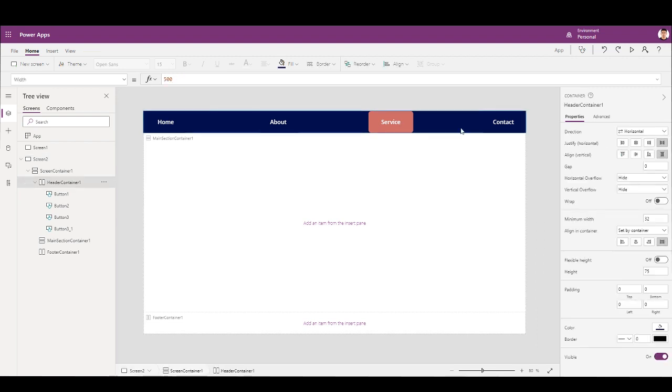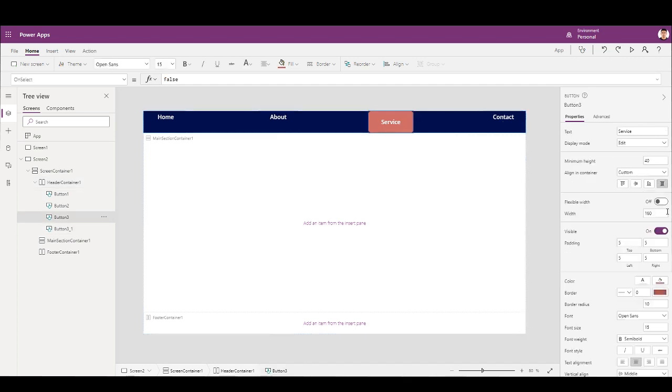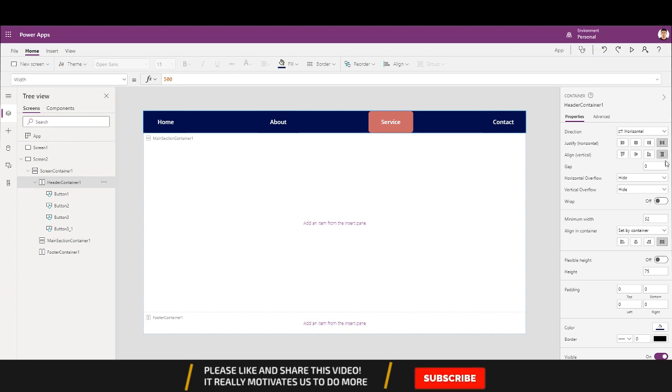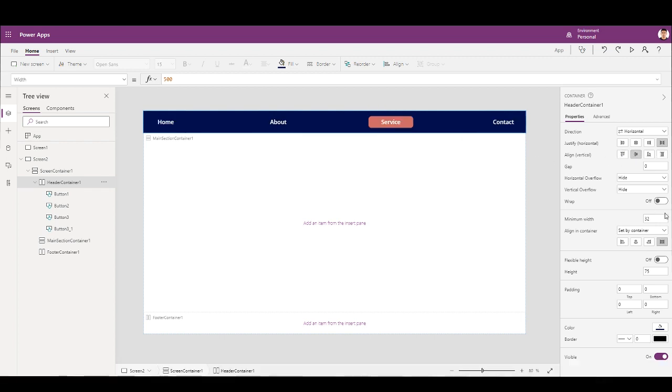So I think you can figure it out. Right now there's something like this, and if I stretch it, this is individually stretched. So if I stretch it, the buttons will stretch to its height, and if I put it top or middle, it will take their default minimum height.